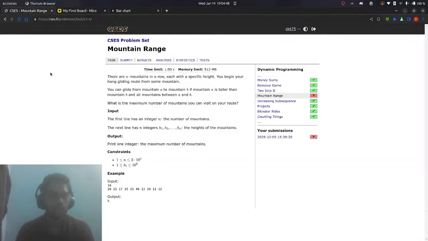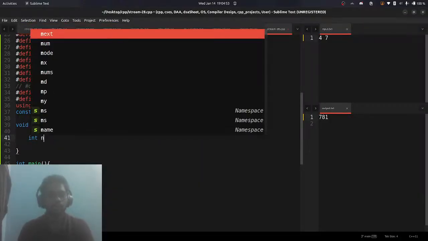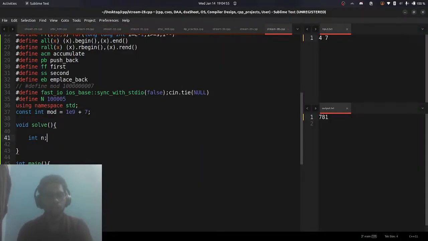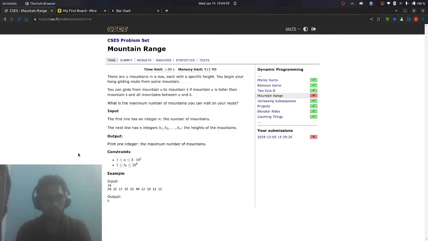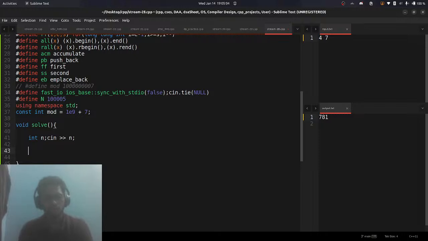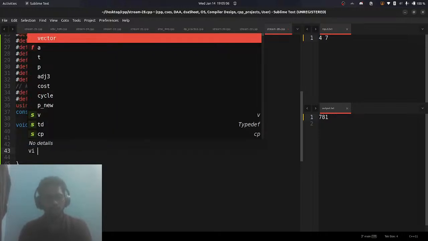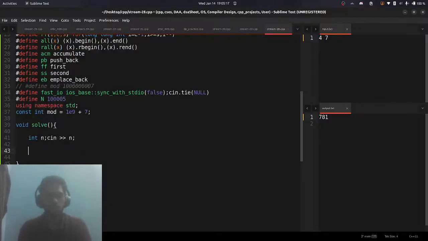We are getting n, so we are getting n in the input. We are getting height, so height. I need to have position right, so instead of doing this VPII